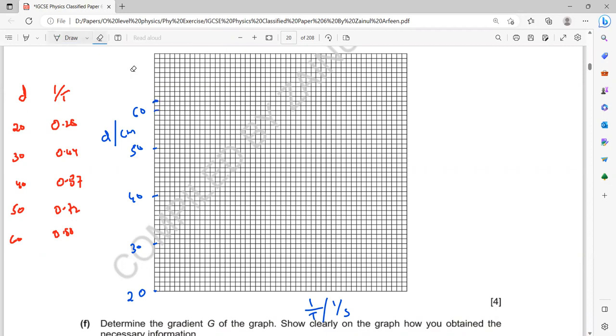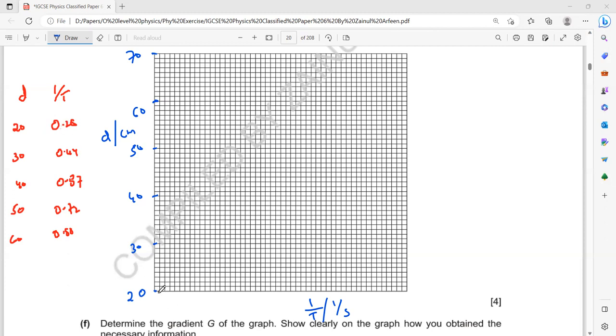This is 60. And the last one will be 70. So if they don't mention, you should start from the origin. You can start with any number, the minimum value you can start with. And same thing for